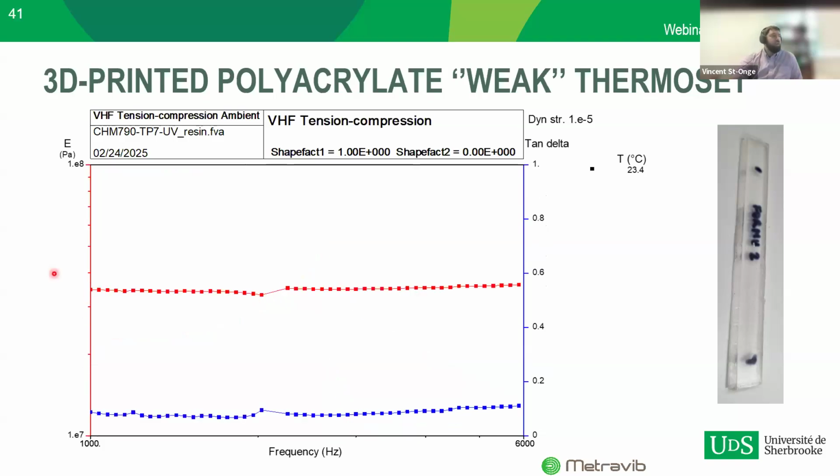And then we could extract the modulus, and the modulus was consistent with the Young modulus that we had measured by another method. And the tan delta at 0.1 is also something that is very consistent with a thermoset. So again, the VHF TEN4 was able to provide such a measurement much faster than a classical DMA would have. And we were able to obtain those results for very different types of materials.